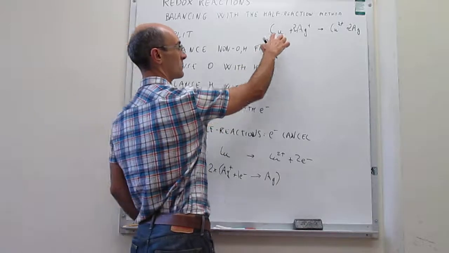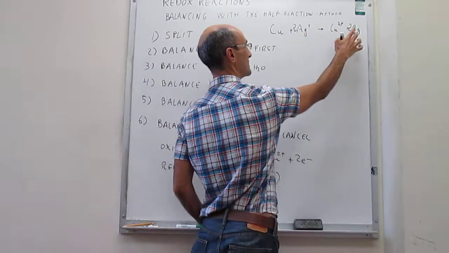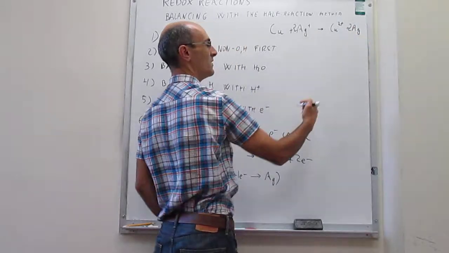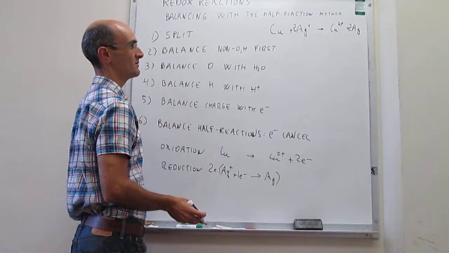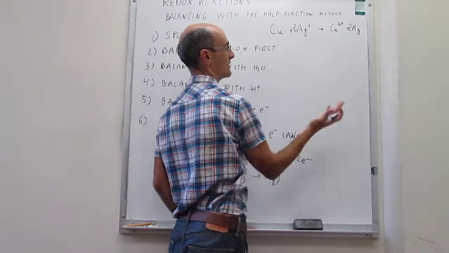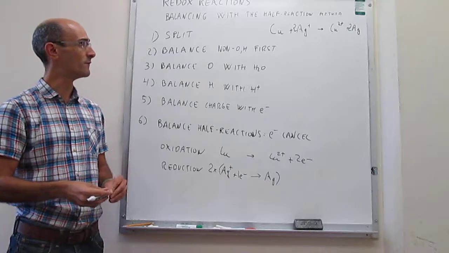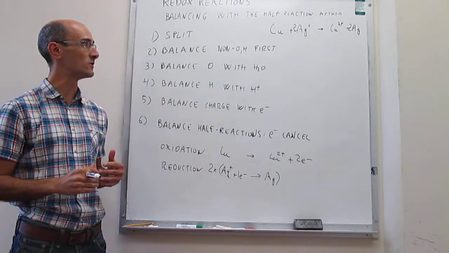We can check the atoms, copper and copper, no problem. We can see that silver and silver, 2 silver with 2 silver, no problem there. And then the charge has to be balanced as well. I have 2 plus in reagents, 2 plus in products. This reaction is balanced. Okay, so this is a simple example for how to balance a redox reaction with the